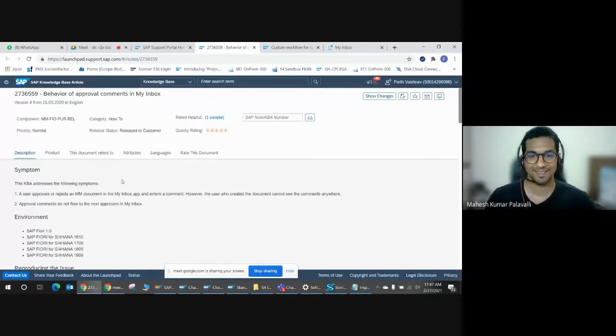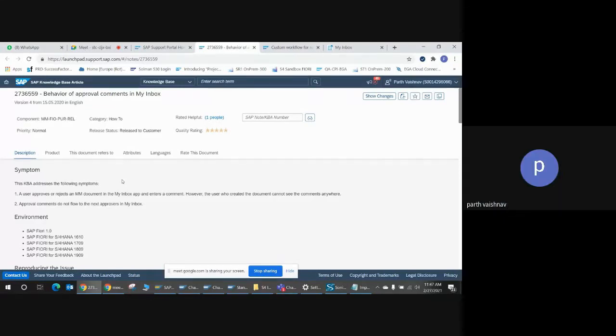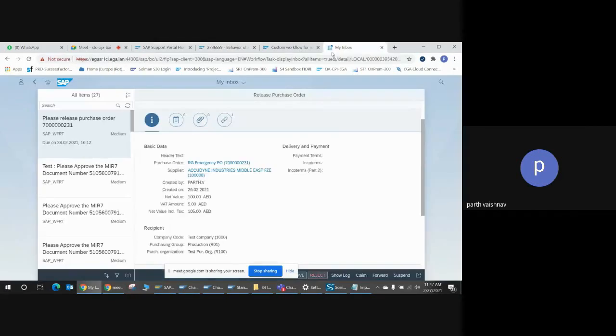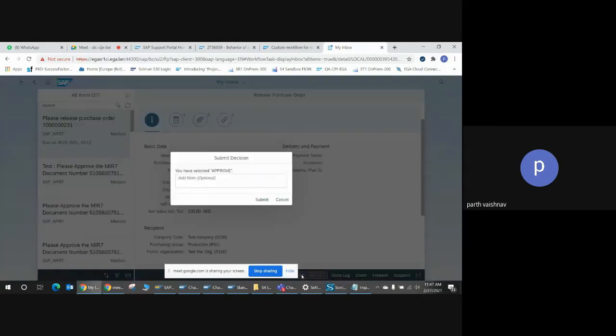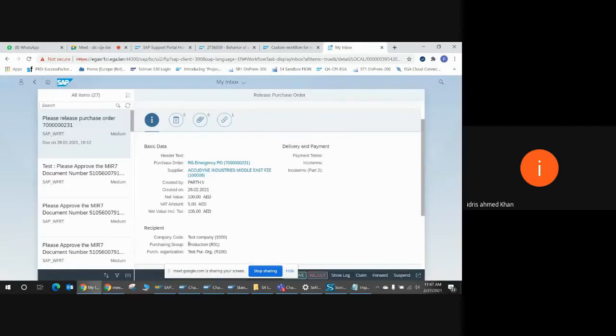If later, after Puneet's session, we get into the discussion, I will show you some tips and tricks, like this is what we actually felt difficult. This SAP note is saying something about the behavior of the approver comments. Let's say I am in this approval and I'm writing this comment when I'm approving. Let's say I have 4 levels of approval.